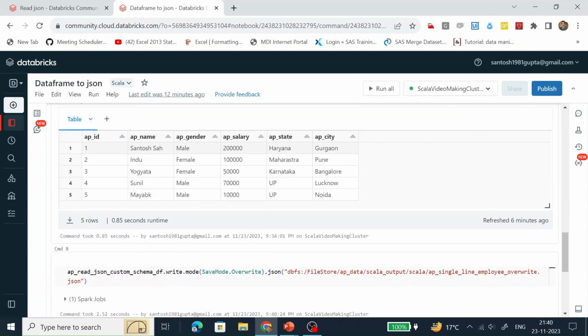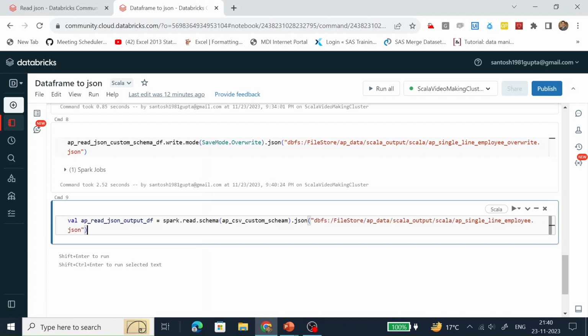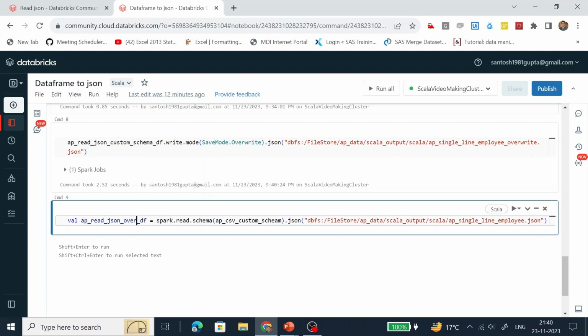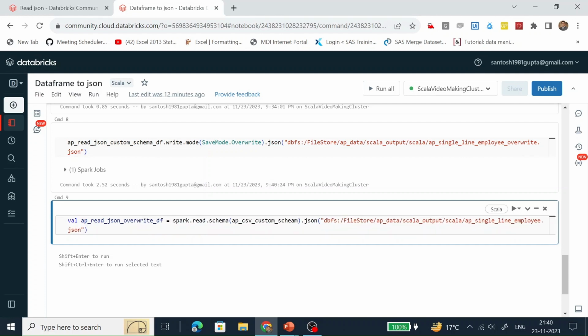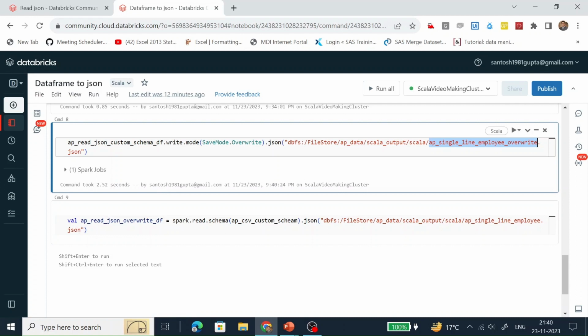I have written the code for reading a JSON file. I am just copying and pasting it. So read JSON, and I am just saying overwrite. I am just renaming the data frame, and we have written the data in this JSON document.